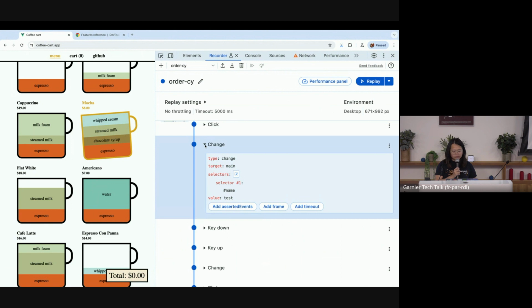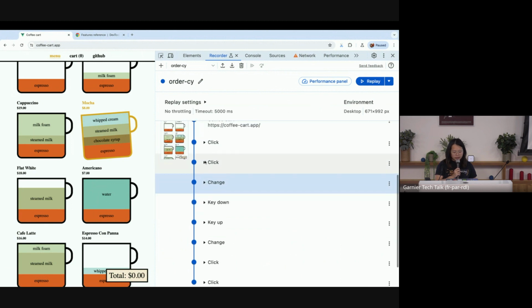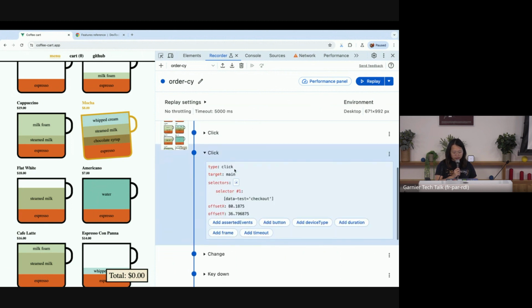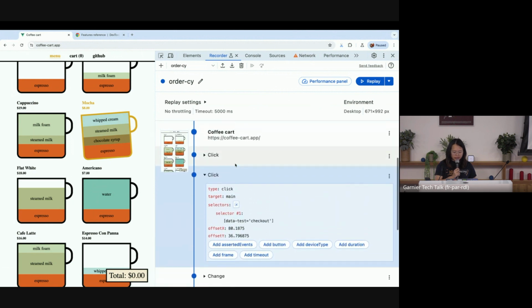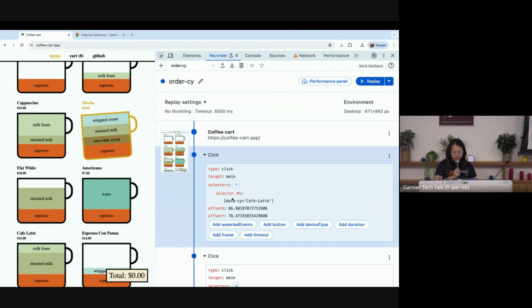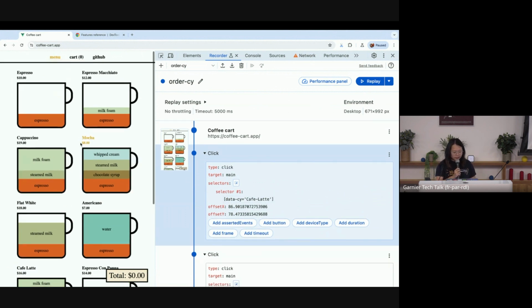So it means you are filling in the test. And then if you look at the click, oh, interesting. Just now, I think I selected data-cy, right? Okay, so for example, this cafe latte,